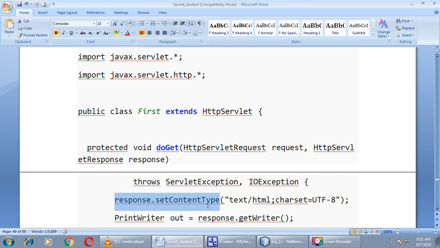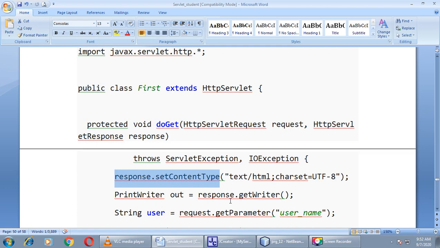The set content type method is text slash HTML. Create one object of PrintWriter class out, and we will define a method response.getWriter because we want to write the content to the browser of client.